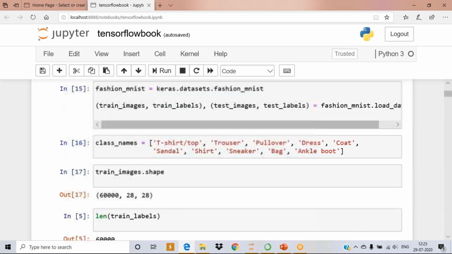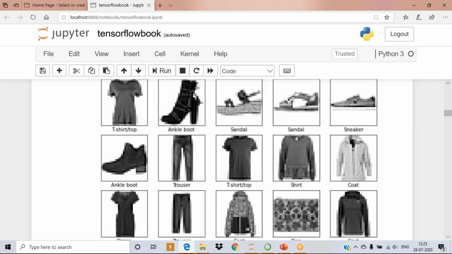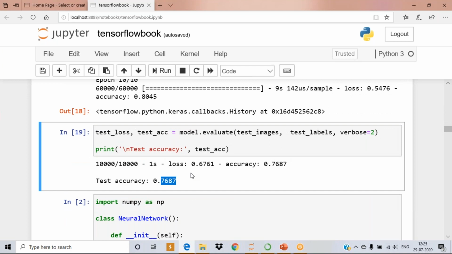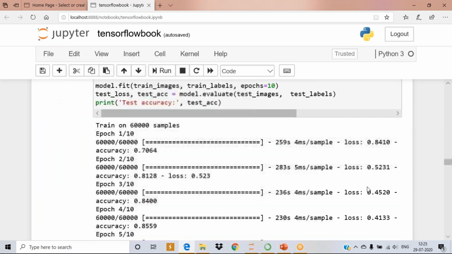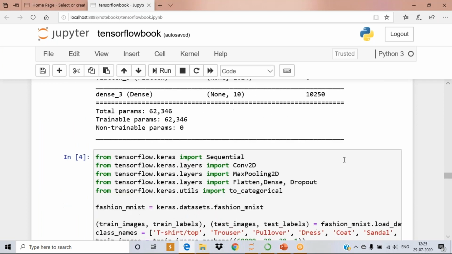Some 70%, right? Hmm, 76%. So in your traditional network, you had only 76% accuracy. But with the same dataset applied to CNN, you get an accuracy of 86%. See here how the accuracy is improved, 86%.